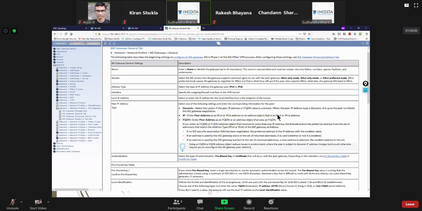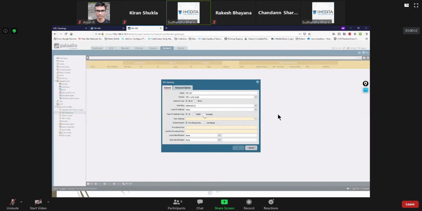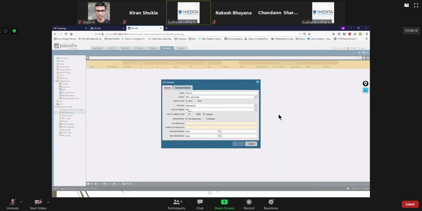In case of dynamic, what you are saying is you don't know the IP address or FQDN. So whoever tries to establish a tunnel with this pre-shared key, it's going to establish.